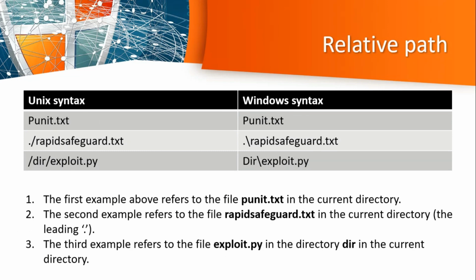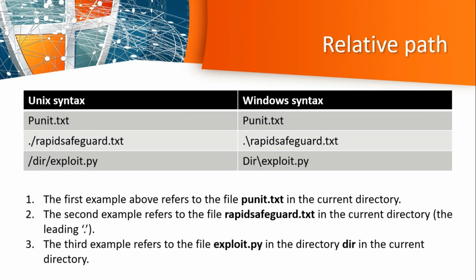Now let's understand the relative path. A relative path name refers to the current working directory, which is established by a system call, like the cd or chdir commands. This path begins with the name of a directory or a single period or dot character, which names the current directory at the point of interpreting the path.